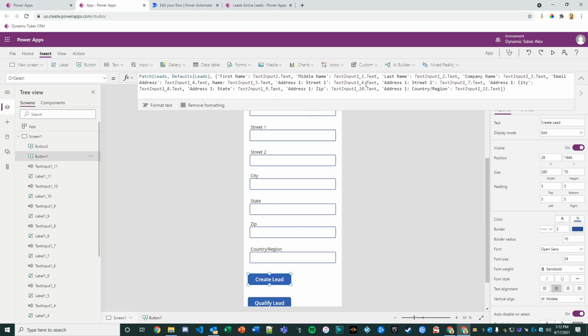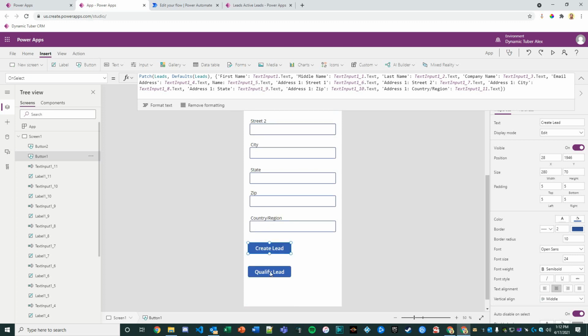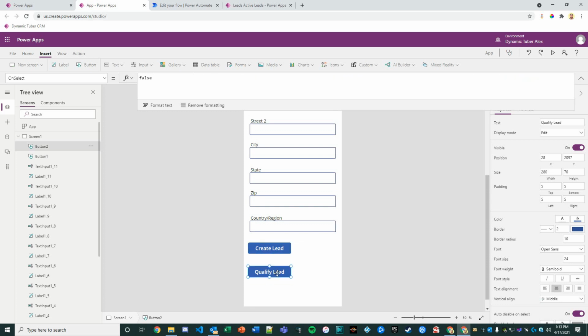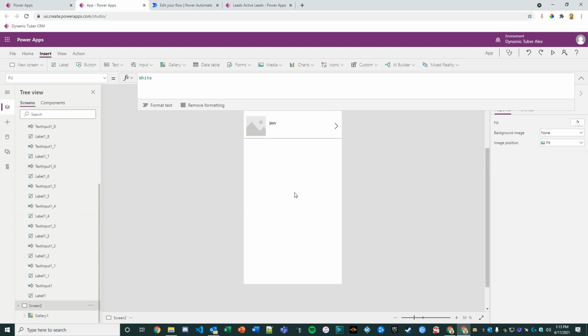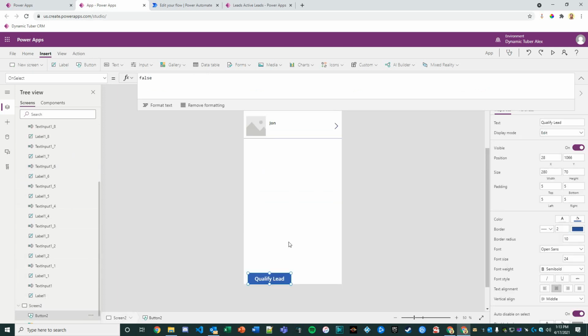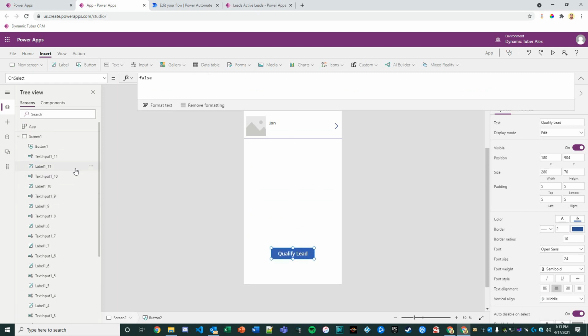To qualify the lead, when this record gets created, what we'll essentially do is reroute. In fact, I like that idea. Reroute to the other screen, and then do the rest of our logic. So I'm going to Control X this button, and I'm going to put this on screen 2